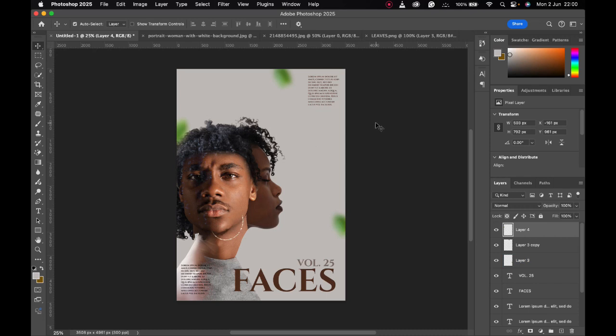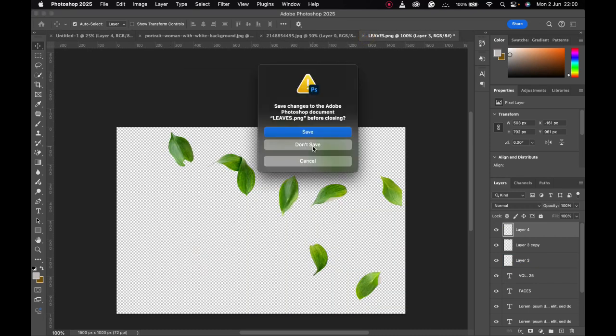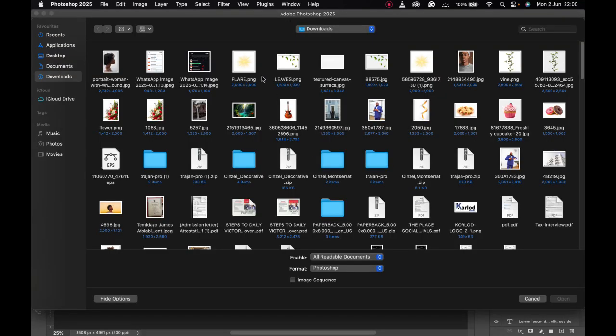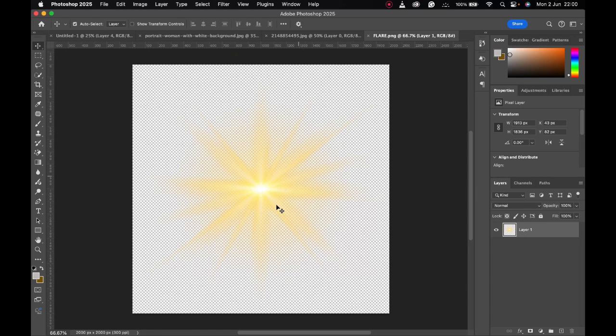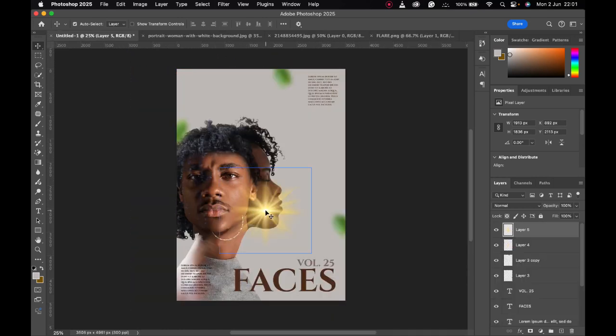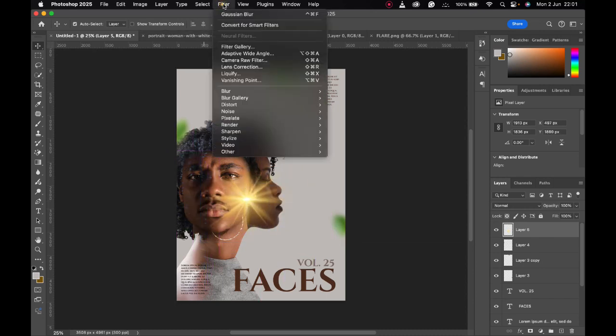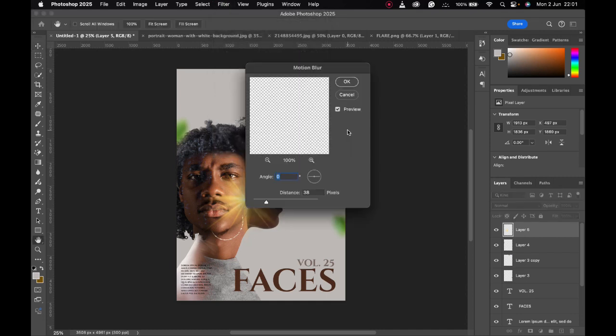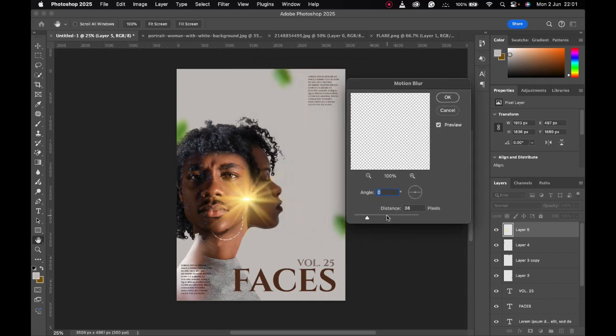What else can I do? I think I have a giant image of a flare here. So if I bring this in to just introduce something else, right? We've been working with plain images, nothing extra. So if I decide to make this blur also, let's say motion blur for this. Let's see how it will look. Not exactly special for this kind of element. Okay, so